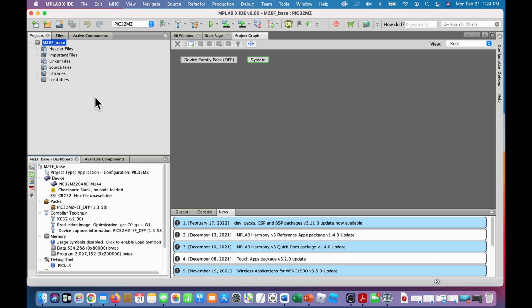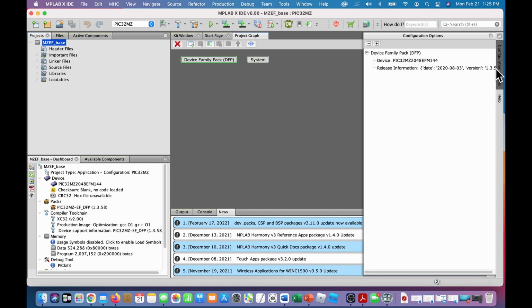look, which I like. So it's established an architecture underneath the project name, header files, important files. So just look and see, there's nothing there. It's just setting up the directories. So we click on each of these. You can go over here to configuration options. In this case, there's really no configuration option. It's just telling you information about the device family pack that's loaded, which is 1358,